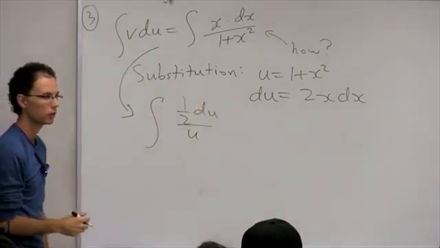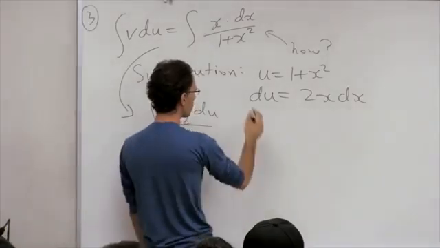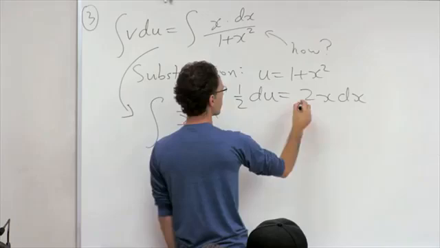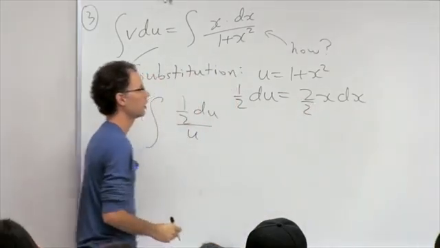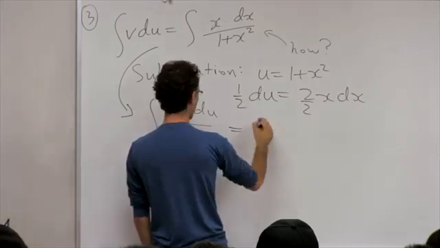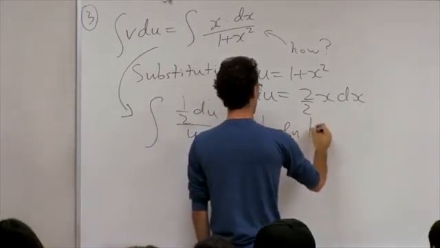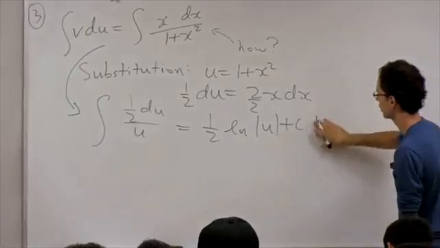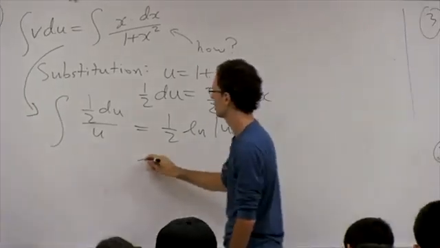That's a substitution. If you're a bit confused by this, notice all I did is substitute for x dx by dividing this by 2. And now we can compute this integral. This is no more than 1/2 natural log absolute value u plus a constant. And now we can substitute in